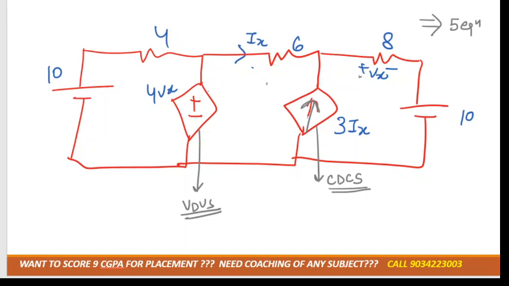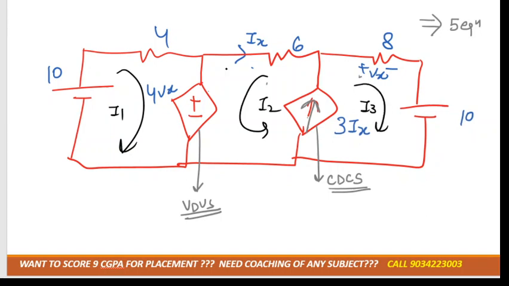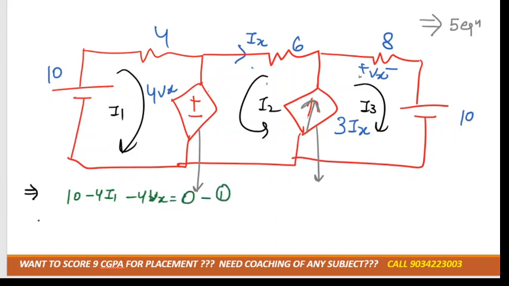Now suppose I'm marking the current: here I1 is flowing, here I2 is flowing, and here I3 is flowing. Tell me the equation according to this particular direction only. 10 minus 4I1 minus 4Vx is equal to 0. Second equation. It will be 4Vx minus